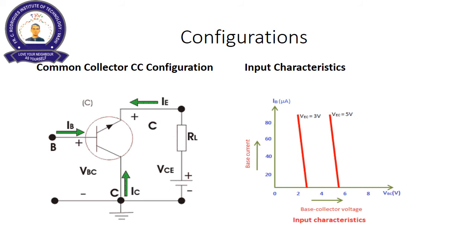To plot the input characteristic, in the same manner, step 1, what we do is apply a constant voltage across the output terminal, and measure the constant current IE and VCE voltage. So when VC is 3 volts, at that time the characteristics are plotted for the input terminal. So input current and the voltage between the base and the collector is varied, and the characteristics are plotted.